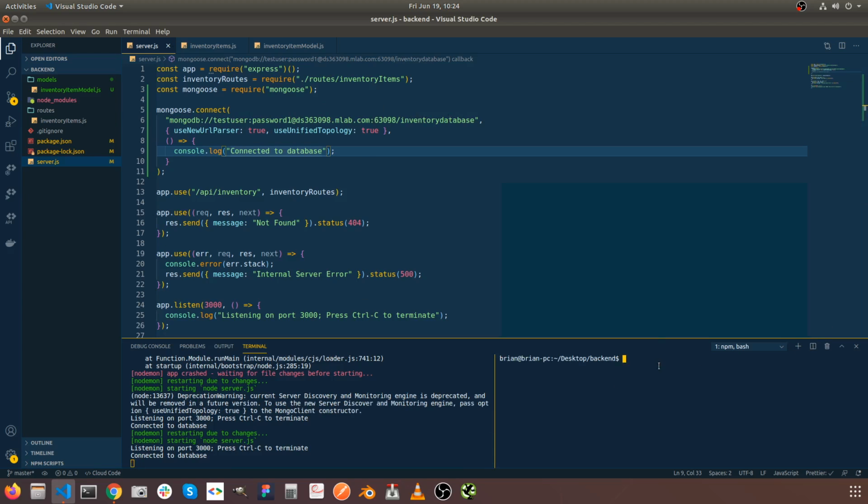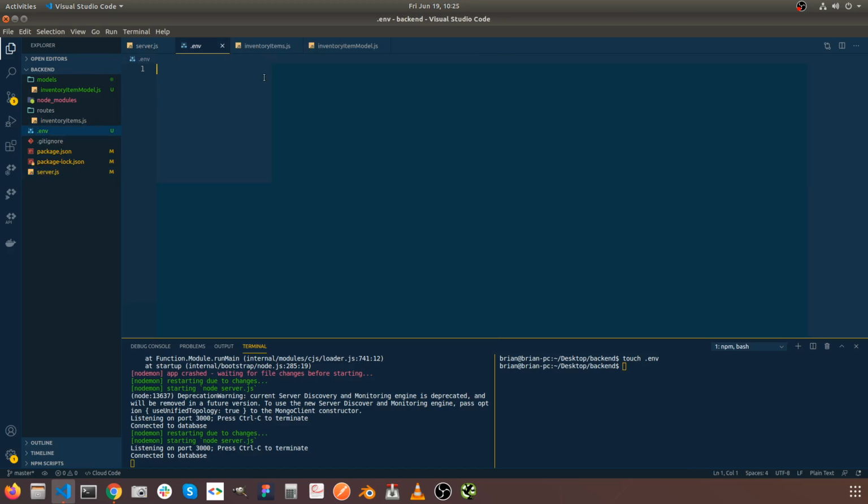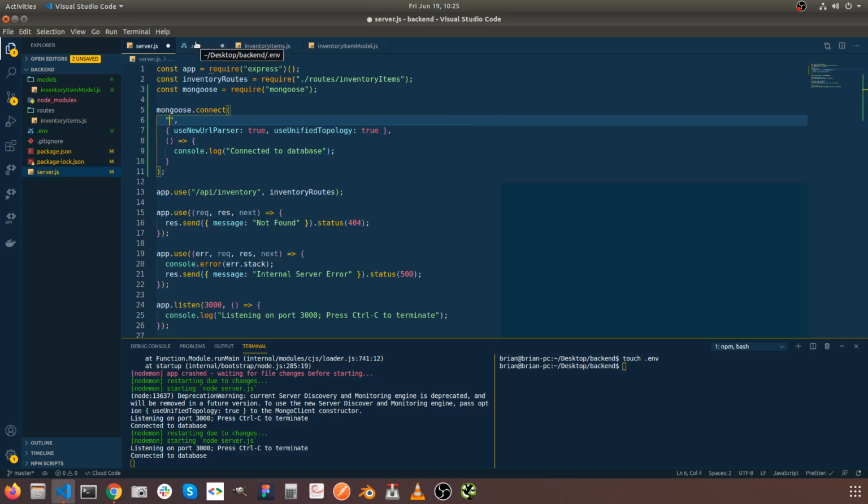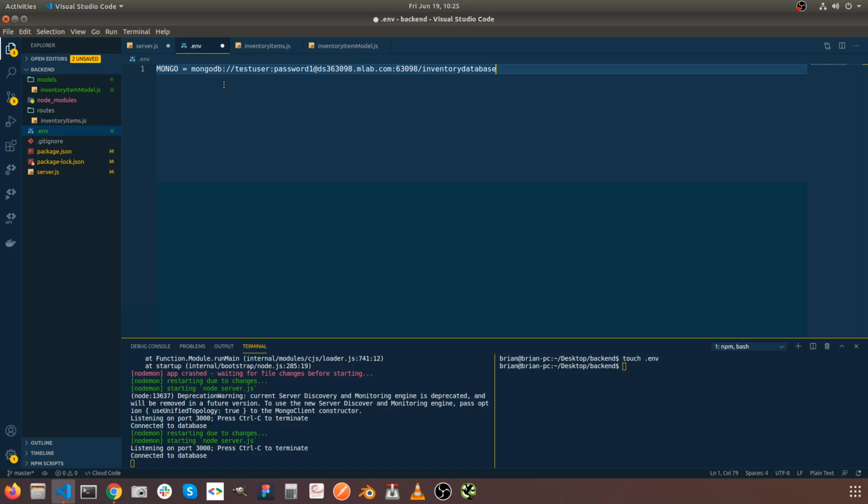So I'm going to split my terminal again, and now I'm going to create a file over here in the root of my project called .env, okay. So this is .env, and here in .env I'm going to add an object called Mongo, then I'm going to add an equals sign, and I'm going to paste all of this. I'm going to cut that from there and place it inside there. Okay,